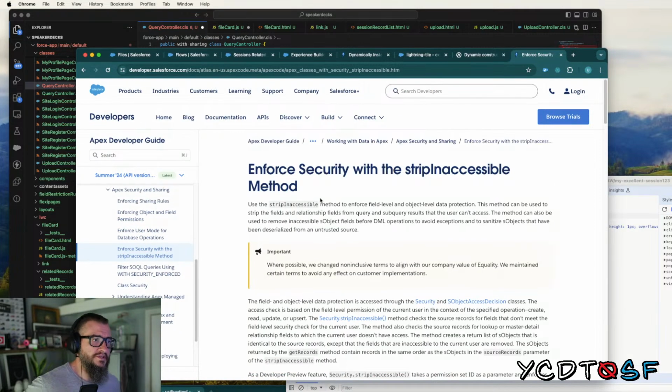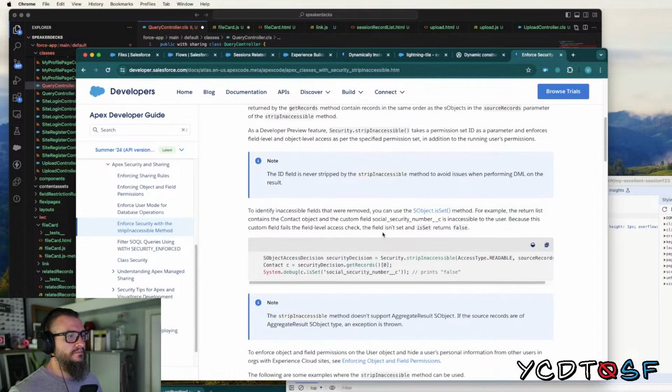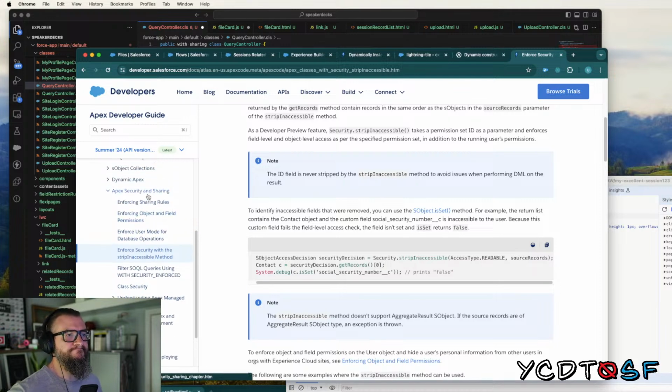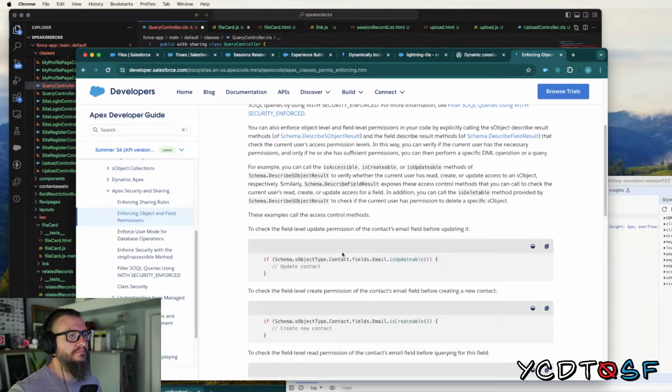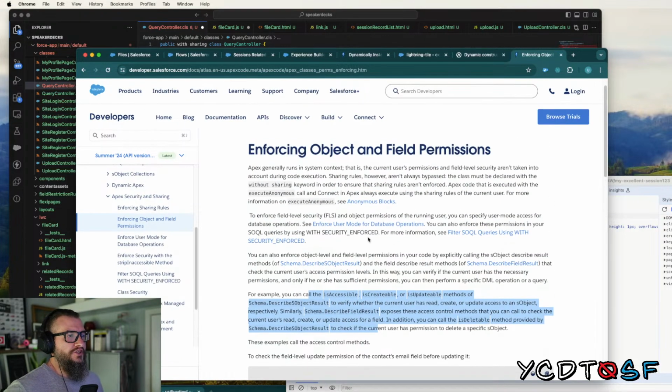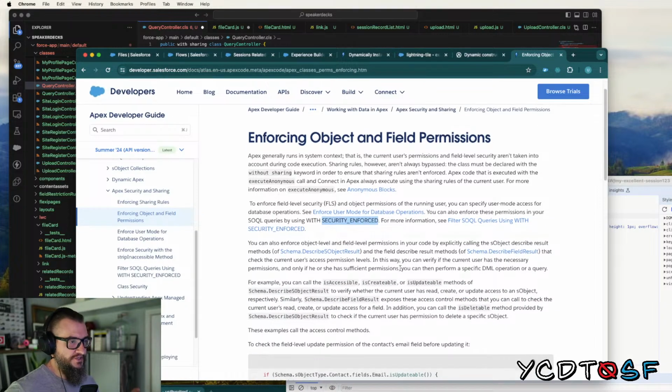Or we could strip inaccessible. I don't want to check. So I guess the question is, do we want to, maybe we just want to fail if